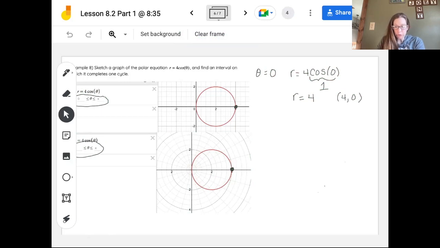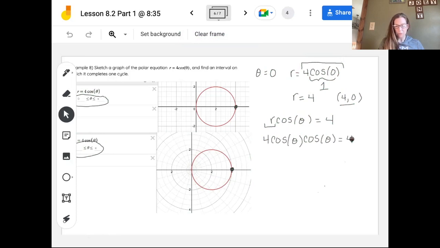So when will we return to this? When I go all the way around and come back, I will return to this point, in which case I know that I'm starting to repeat myself. So our question is, when will we return to 4? My idea then is saying, well, when is r times cosine of theta equal to 4? Well, what I could do then is replace our r value with what r is equal to here, giving me 4 times cosine of theta times cosine of theta